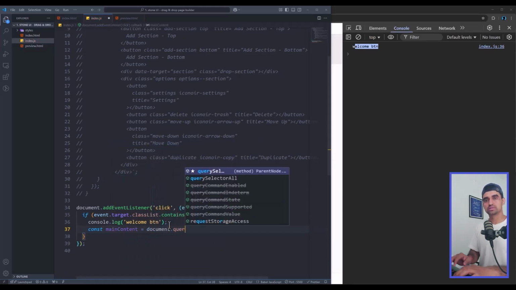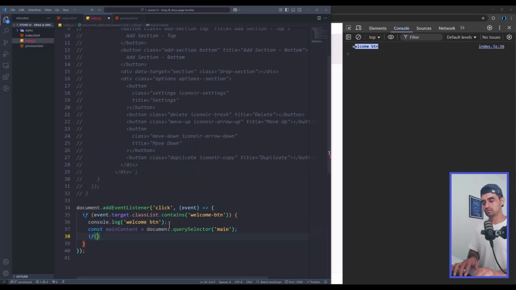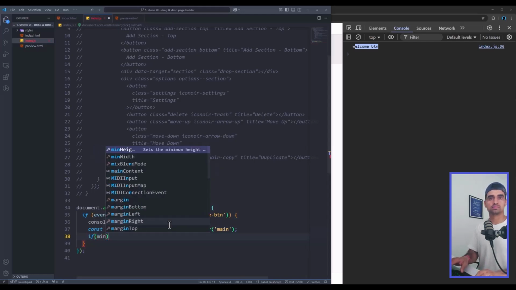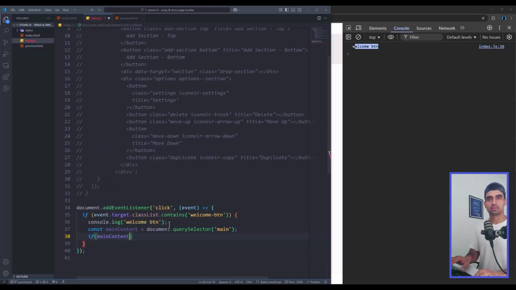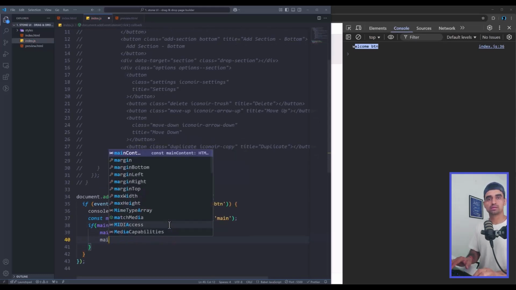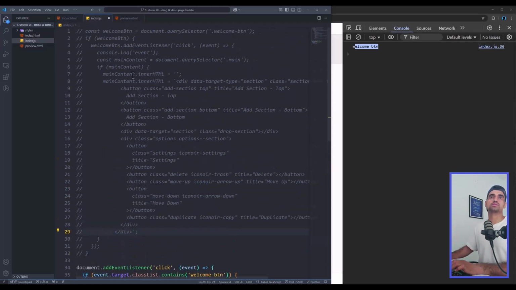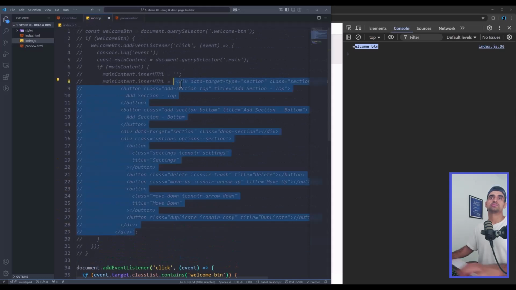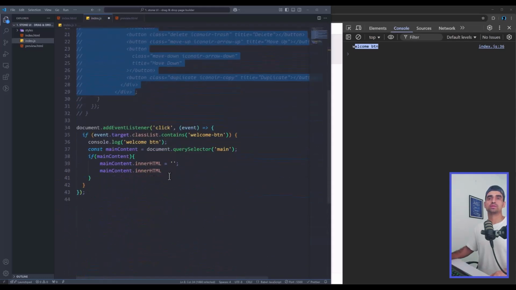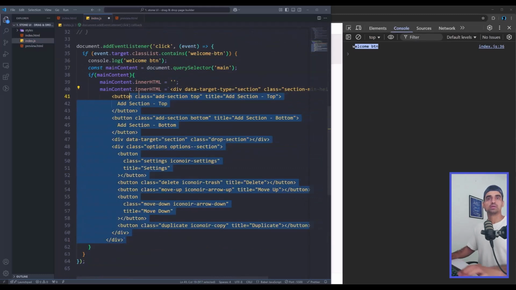document.querySelector, we get the main, and if we have the main content, then we will set the main content.innerHTML to an empty string, and then main content.innerHTML equals this one. Now we can copy this one. This is just HTML, so we just copy it here and paste it here. Let's just remove all these